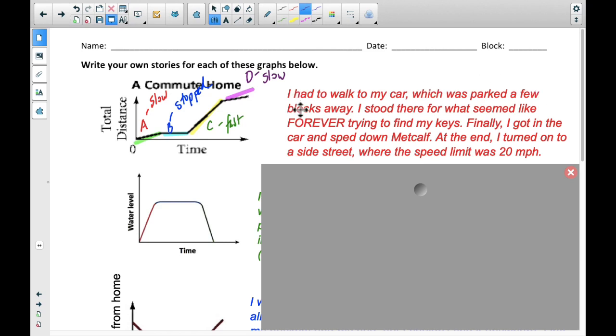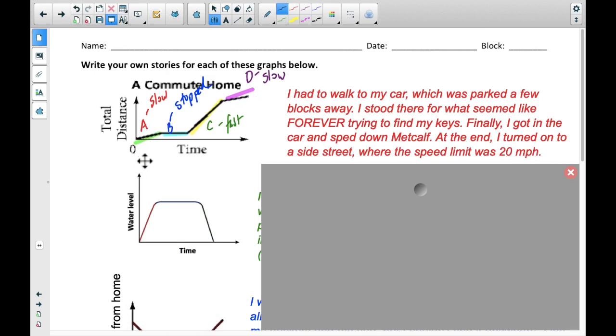I stood there for what seemed like forever trying to find my keys. Finally, I got into the car and sped down Metcalf. At the end, I turned onto a side street where the speed limit was 20 miles per hour. And now that I've looked at it more carefully, that last part where the speed limit was 20, that actually,